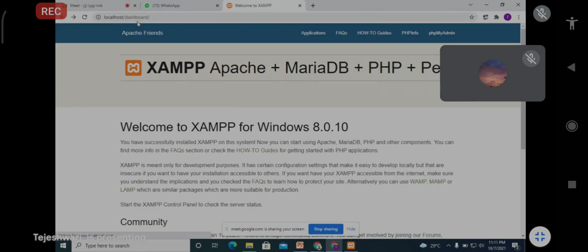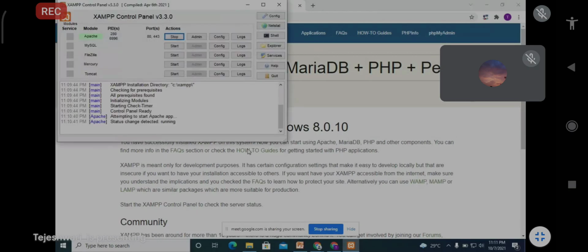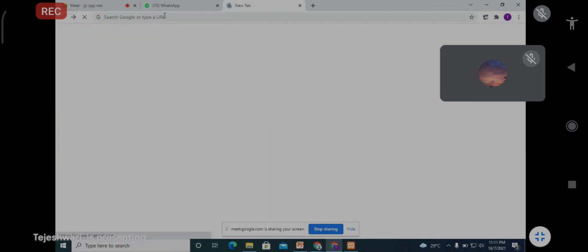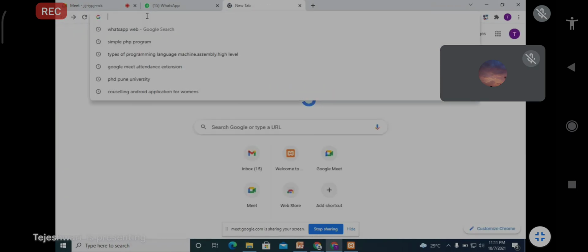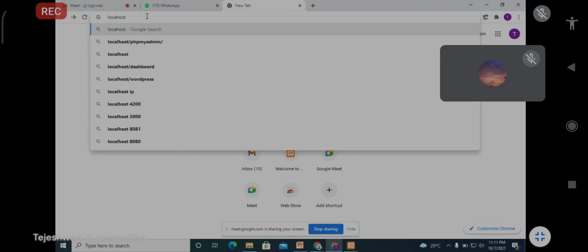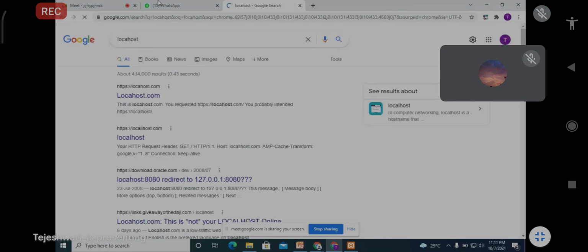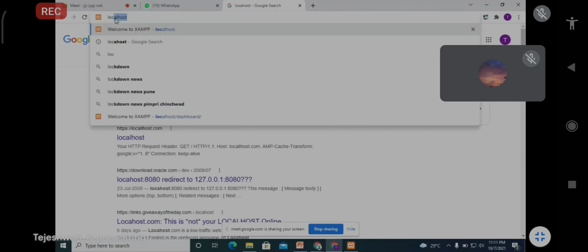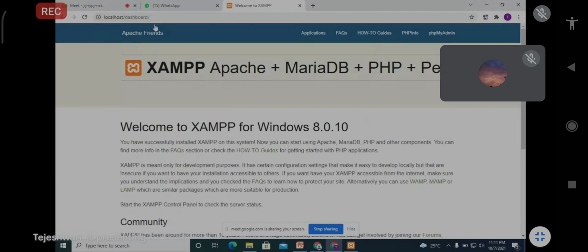After clicking on the start button, you have started your server. Now in the browser you type localhost and press enter.